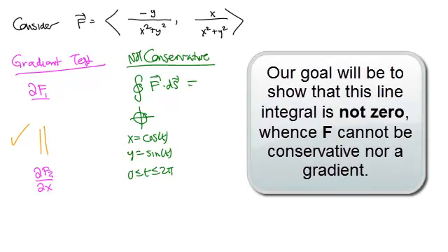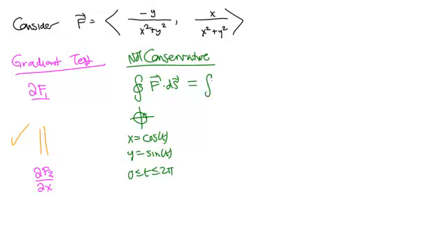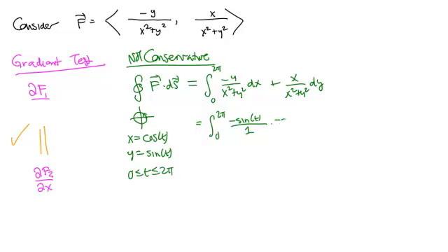If it was a conservative vector field, if it had a potential function, this would evaluate to 0. But let's see what it does evaluate to. So I want to integrate negative y over x squared plus y squared dx plus x over x squared plus y squared dy, evaluated from 0 to 2 pi. So if I plug in everything, we're going to have 0 to 2 pi, negative y, or negative sine of t, over x squared plus y squared, well this is the unit circle, x squared plus y squared is 1, times the derivative of x, which is negative sine of t dt,